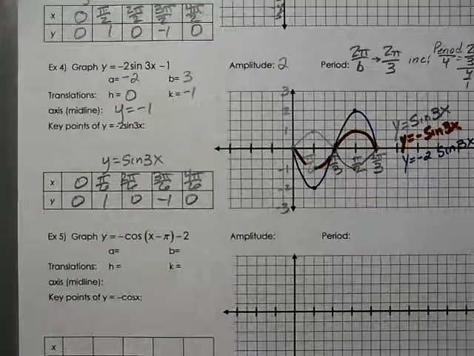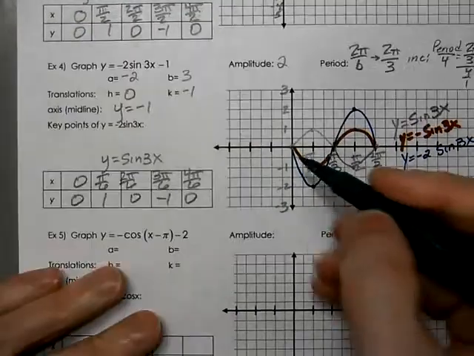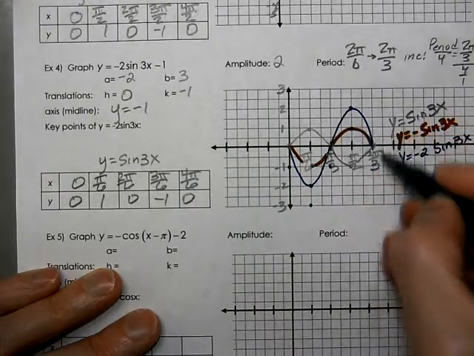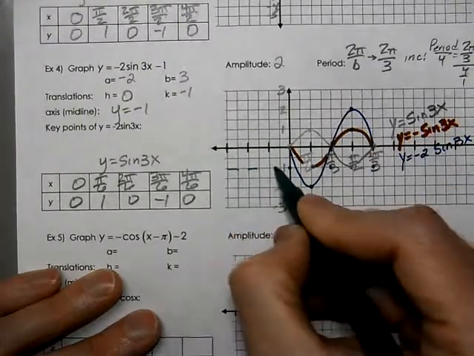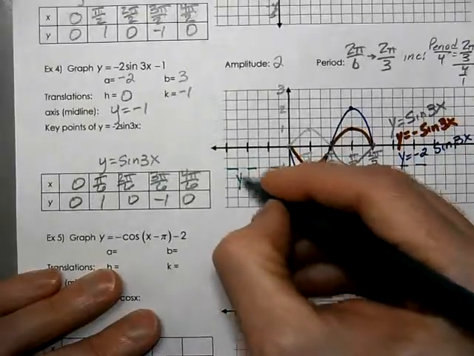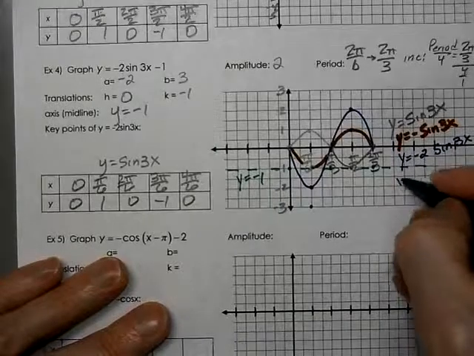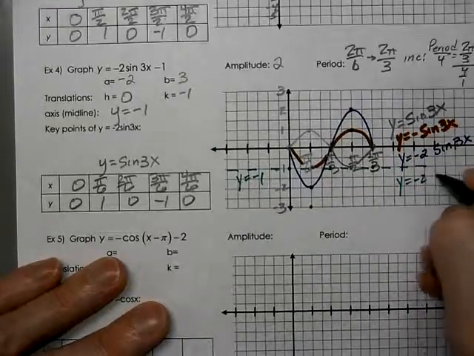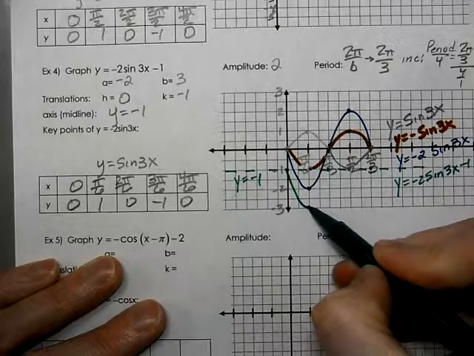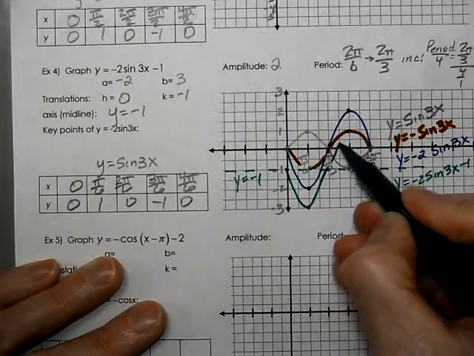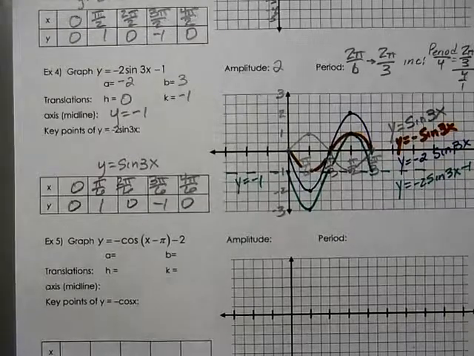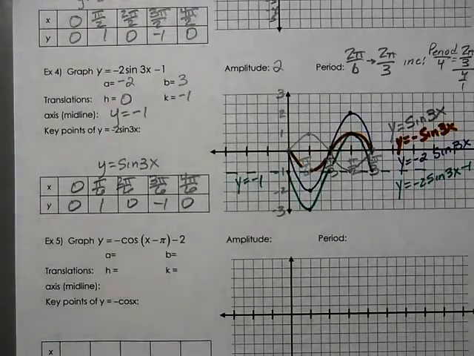And then we translate this 1 unit down. So we're now going to have a midline at y equals negative 1, and our equation is y equals negative 2 sine of 3x minus 1. Our final graph,